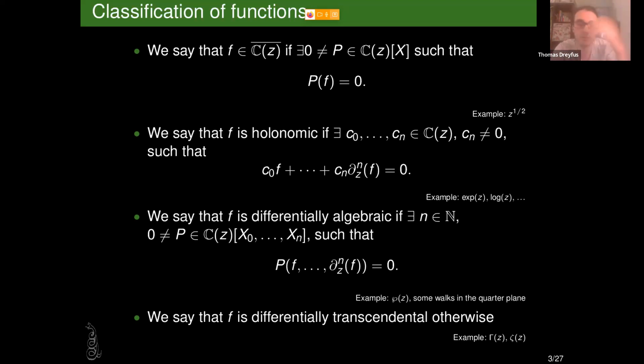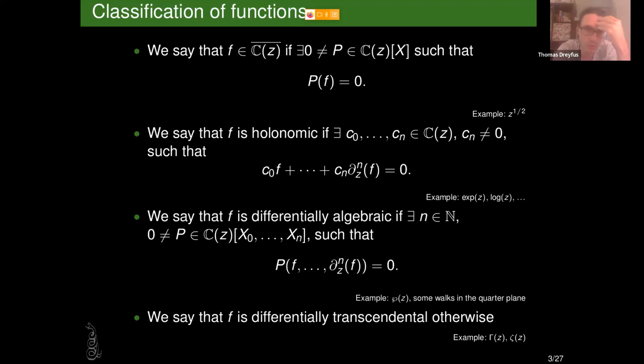So you know a lot of examples of functions that are holonomic. For instance, the logarithm, the exponential, every algebraic function are holonomic. So you have a very large class of functions that are holonomic. Holonomic functions form a ring, and unfortunately, it does not form a field. The most common example you have in mind is tangent. It satisfies an algebraic differential equation. So if you want to have a field, you have to consider algebraic differential equations,